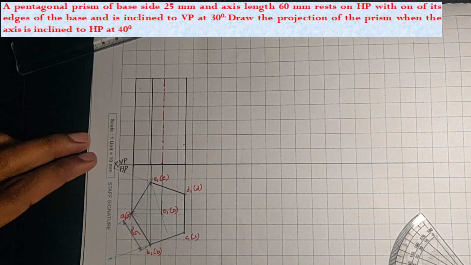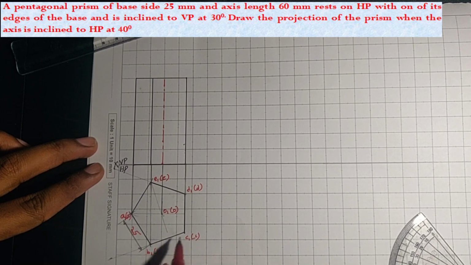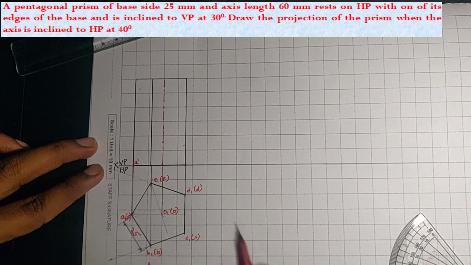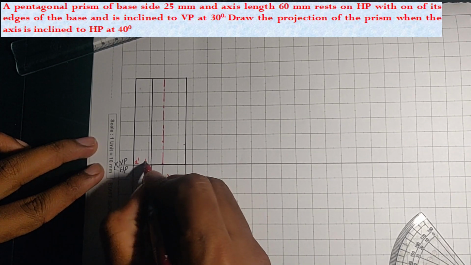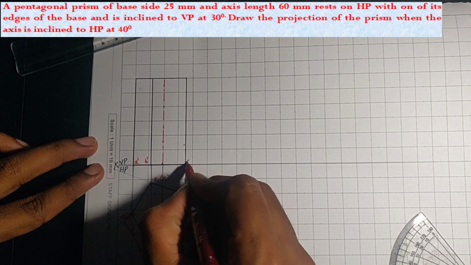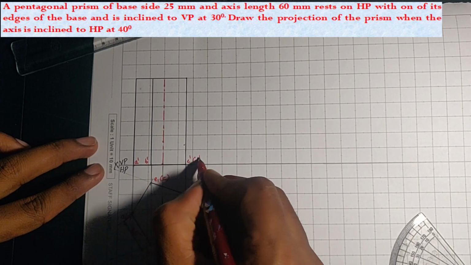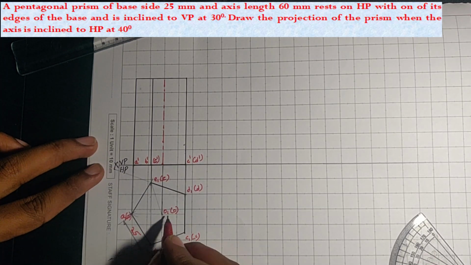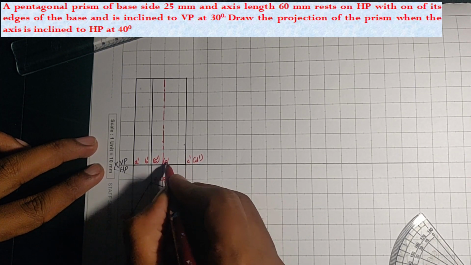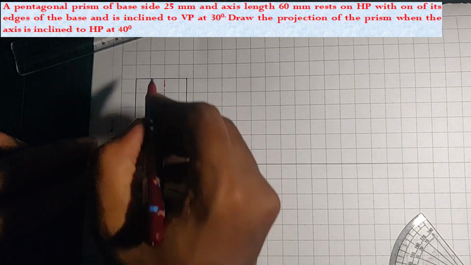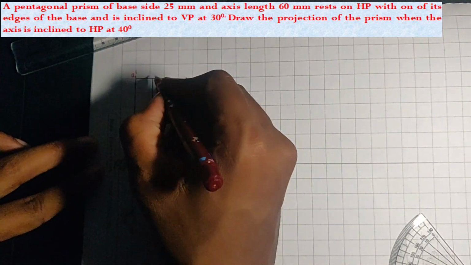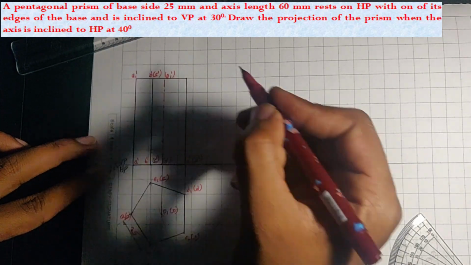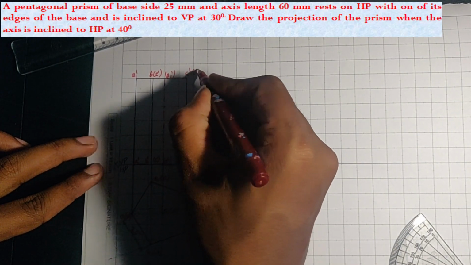So let us name this. As I told, if I see in this direction, these 3 points are visible, these 2 are hidden. So it is A dash, here it is B dash, here it is C dash, D dash is invisible, so D dash in bracket, E dash is invisible, which is in bracket. Here O dash is invisible, which is in bracket. Same thing you can copy over here, which gives me A1 dash, B1 dash, E1 dash, O1 dash in bracket, C1 dash, D1 dash in bracket.